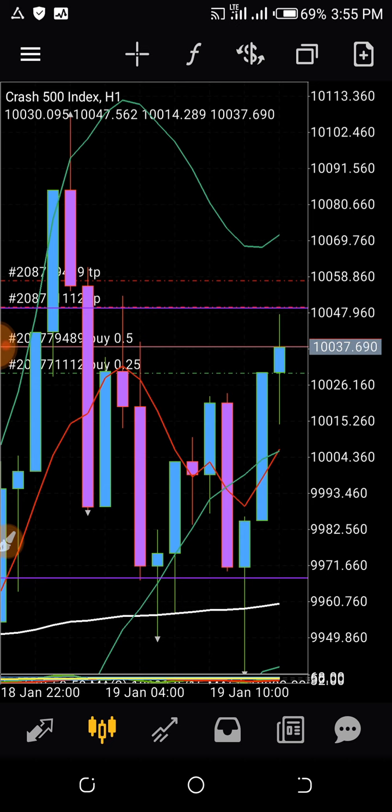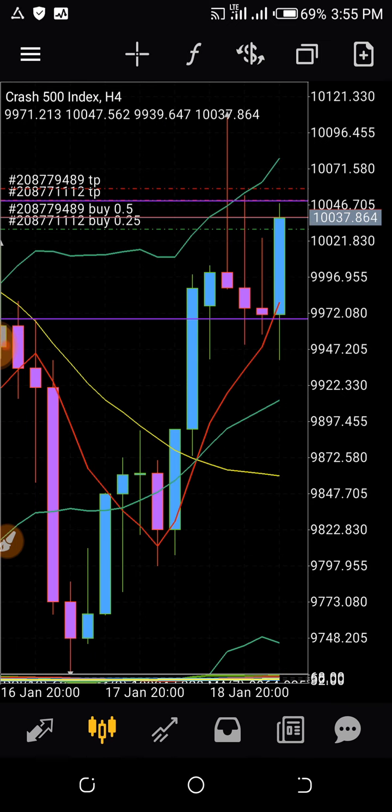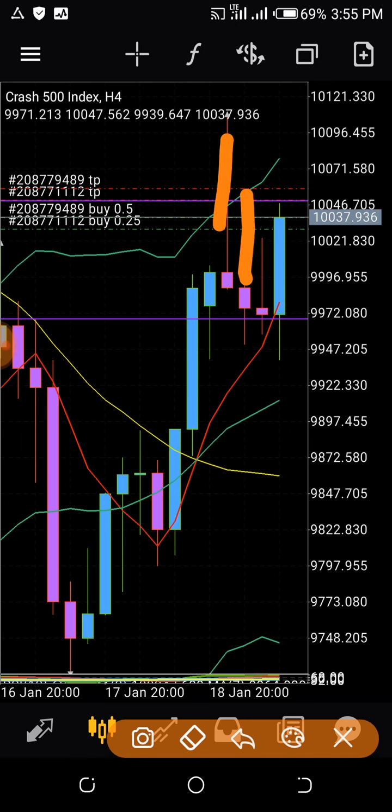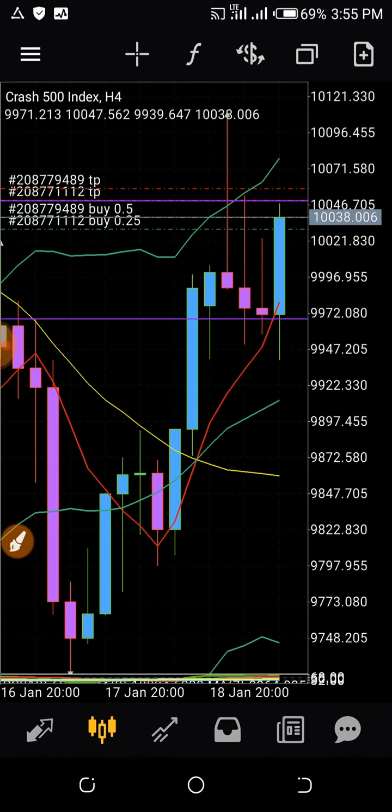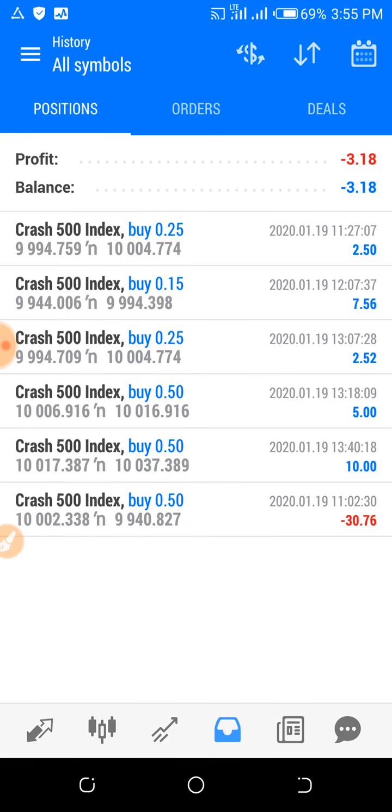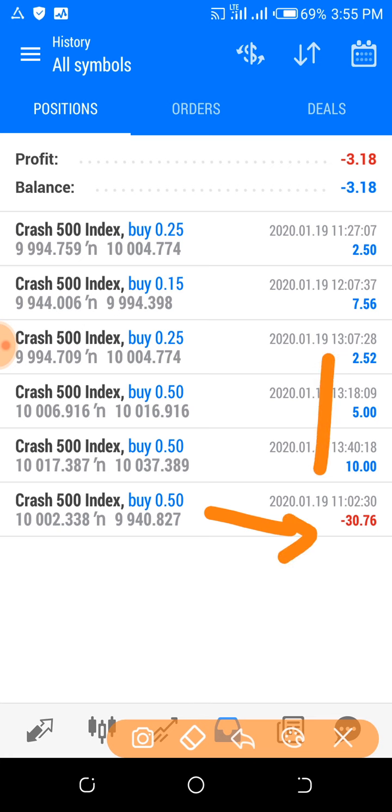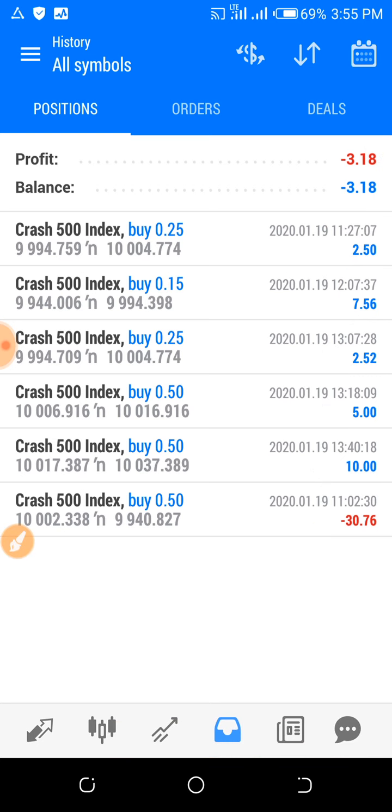Basically, the time frame I'm using here is 1 hour. But before I go to that, I like to quickly check my 4 hours. You can see some reactions have been happening in the past on these candles, for those that understand. I'm actually seeing this candle buying up. I've made some trades today, but I had a bad trade earlier today, so I'm trying to use these trades to recover. Out of the $30 I lost, I just have $3 to get back to status quo.